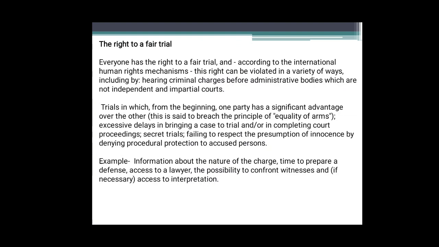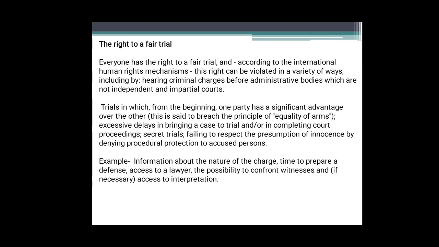Next one, the right to a fair trial. So everyone has the right to a fair trial, and according to the international human rights mechanism, this right can be violated in a variety of ways, including by hearing criminal charges before administrative bodies which are not independent and impartial courts. So trials in which from the beginning one party has a significant advantage over the other, excessive delays in bringing a case to trial and or in